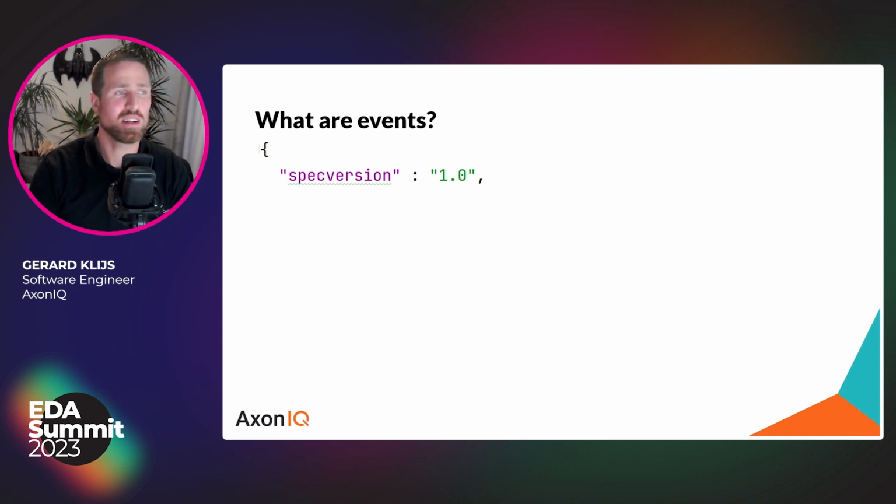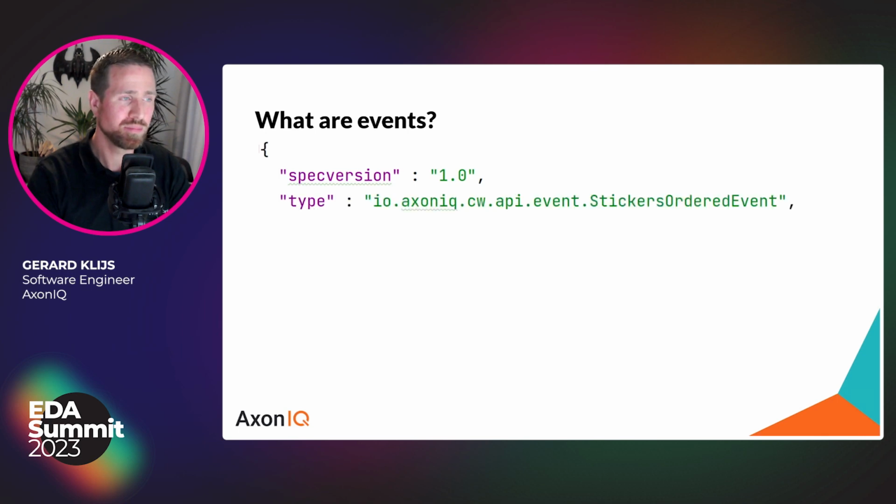So with cloud events, you have a spec version. So then if something changes on the specification, you know that it has been changed. And when you can see that the spec version is 1.0, you can make certain assumptions on what else is there in the message. Then there should always be a type. This could be implicit, but most of the time it's explicit in the event,